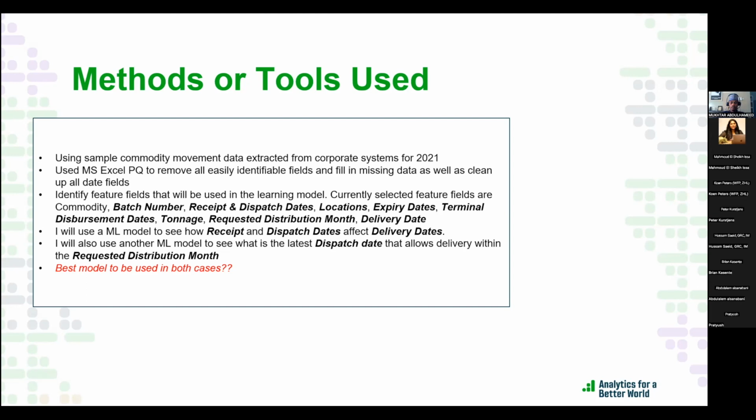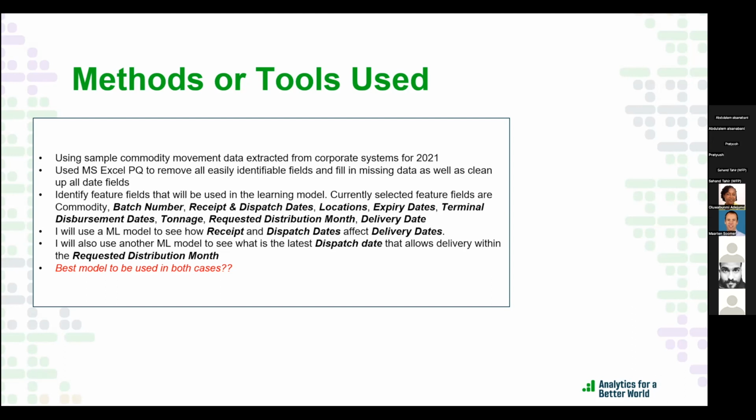But I intend in the future to use pandas to replicate whatever I did with Excel as part of the learning process. So now, from all the data I picked, I selected particular feature fields which I was going to use to try and get a model